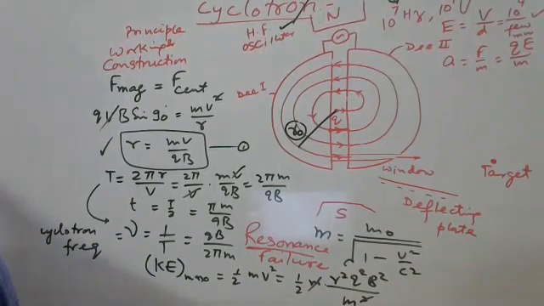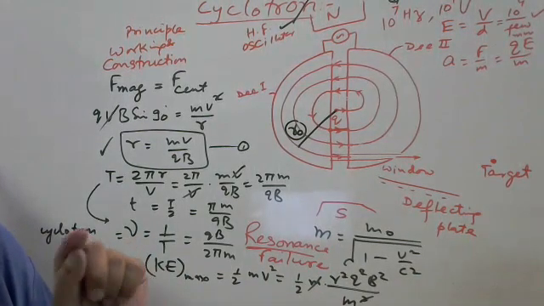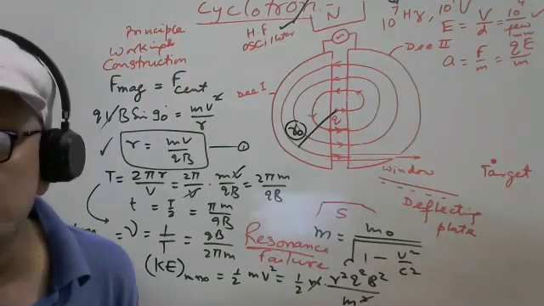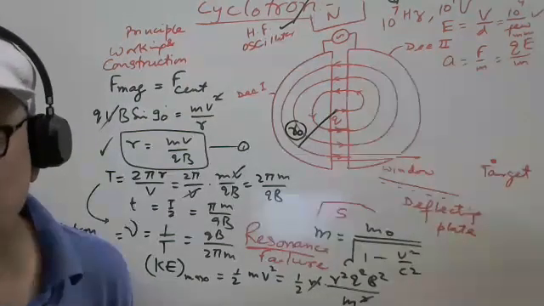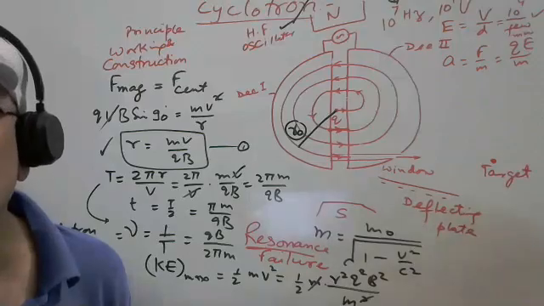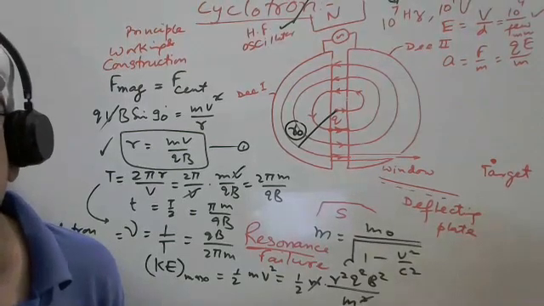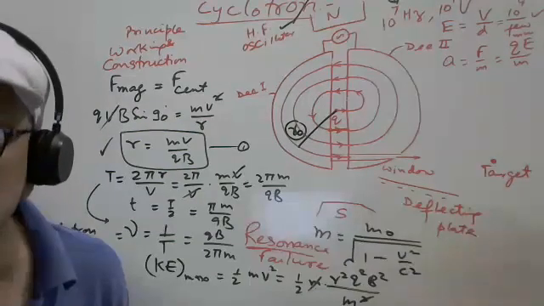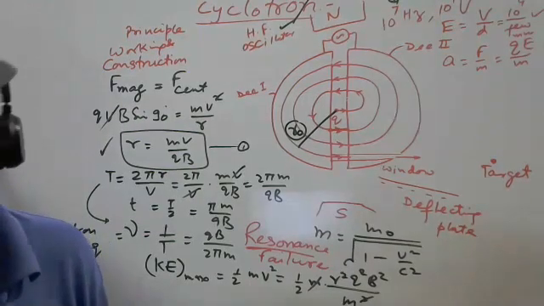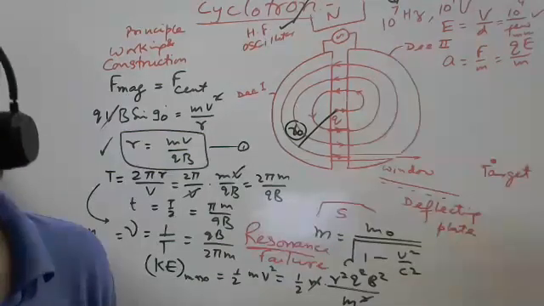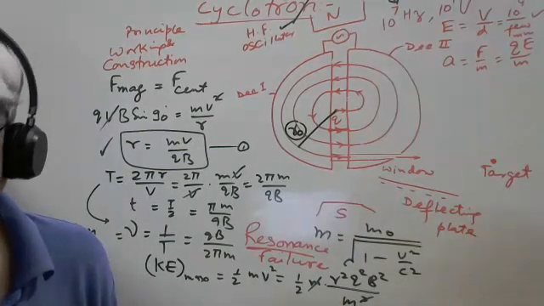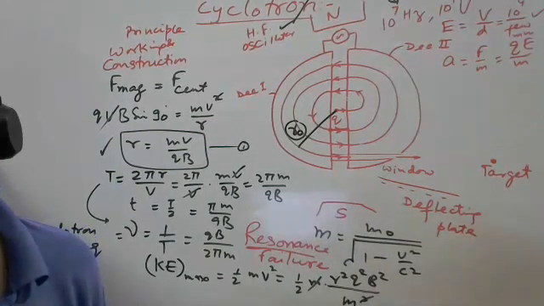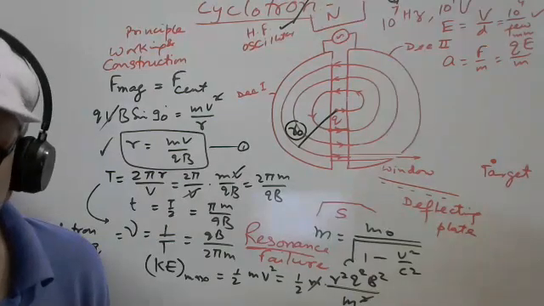If we have to accelerate only the charged particle electron somewhere, then a separate design is there, and this cyclotron meant only for electron, called beta particle, is called a betatron. Betatron is designed especially for acceleration of electron, and neutron cannot be accelerated because there is no charge. So these are the drawbacks.